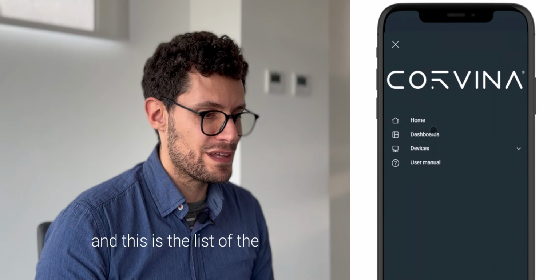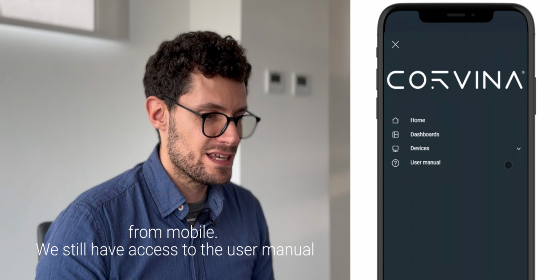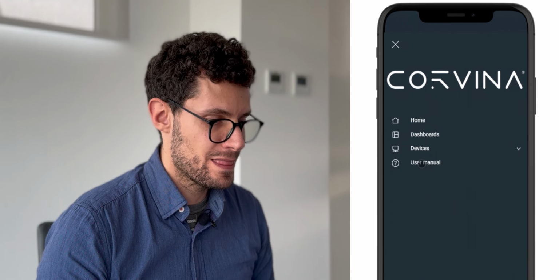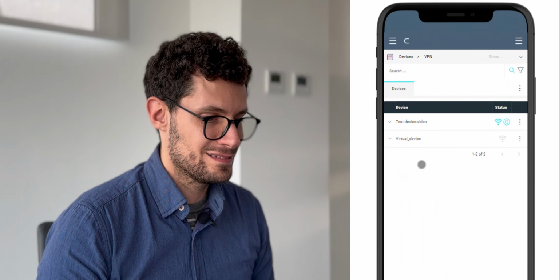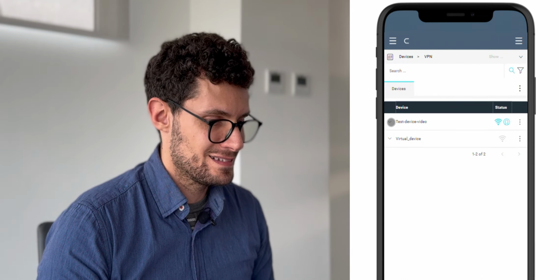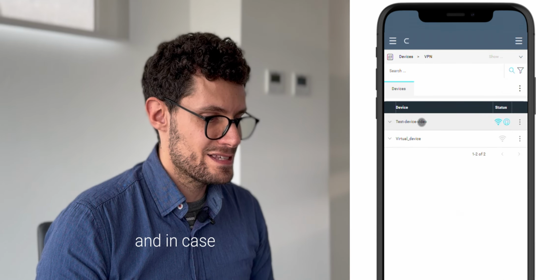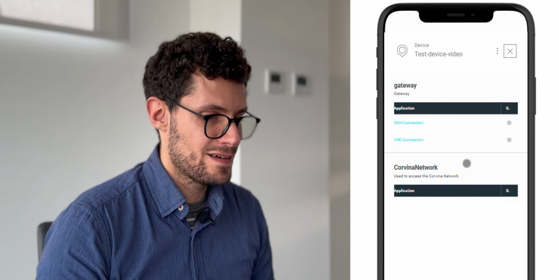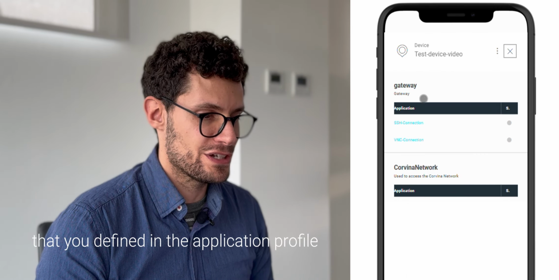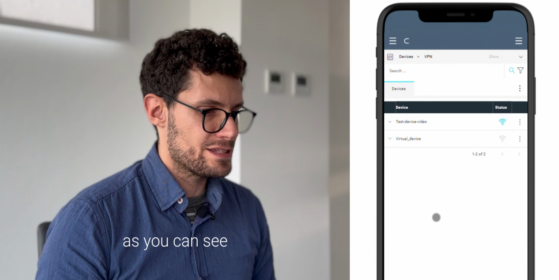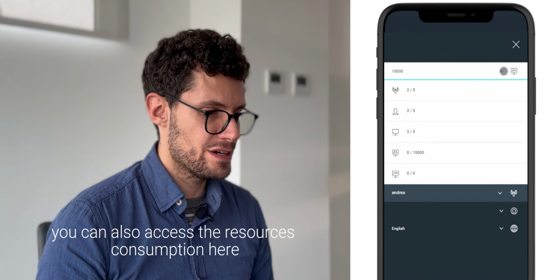And this is the list of the fields that we can actually access from mobile. We still have access to the user manual and the VPN. In case, you can also access the device via the VPN connection that you defined in the application profile. As you can see, you can also access the resources consumption here,